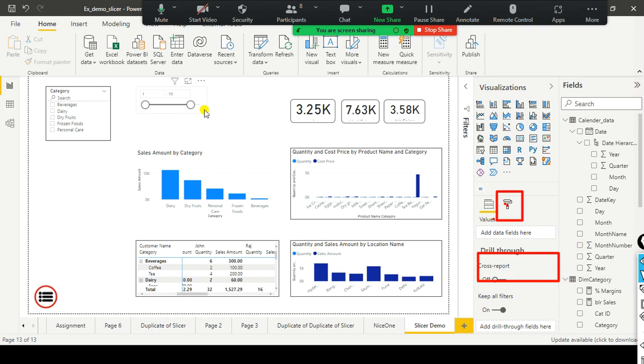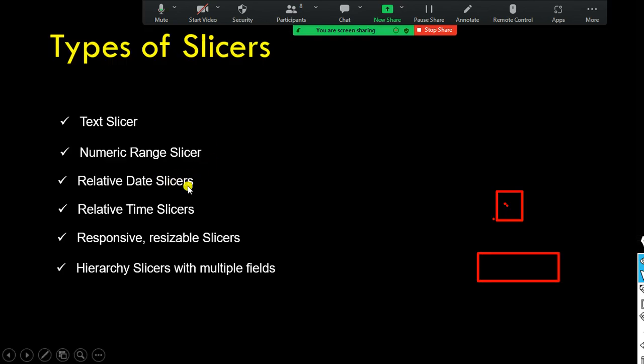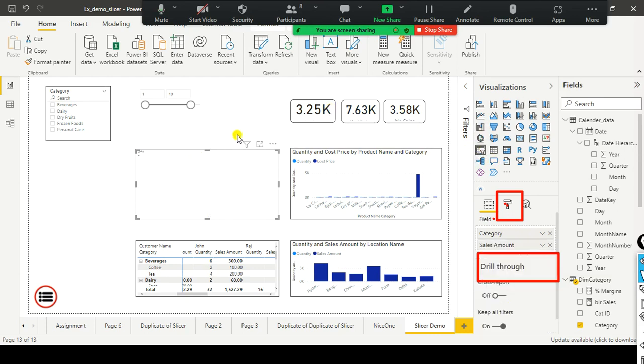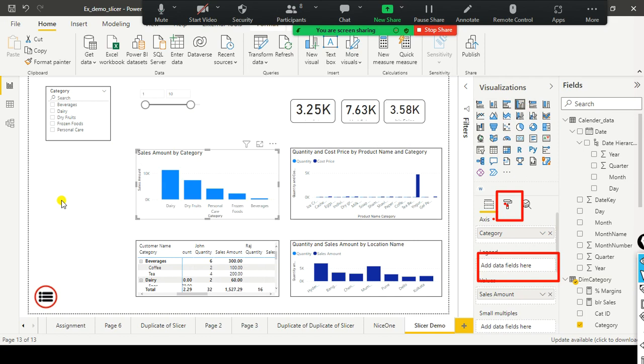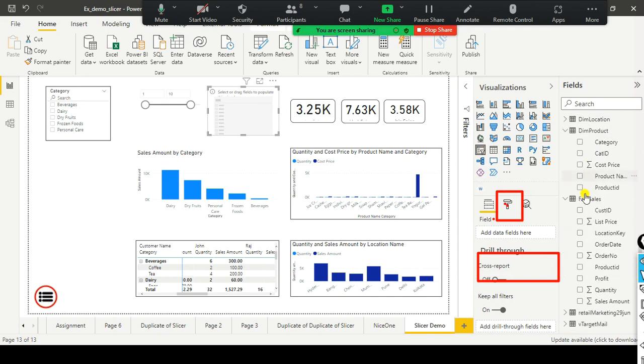Next we have something called the relative date slicer, relative time slicer. So if I want to create a slicer for a date, how do I do that? Click on this slicer. Sorry, not this one, I mistakenly did this. You just click on the empty part of the canvas and then go here and click on the slicer. Fine. So now I want to create a slicer for a date column. If I scroll down here in my fact sales, I have something called order date. If I drag and drop this,